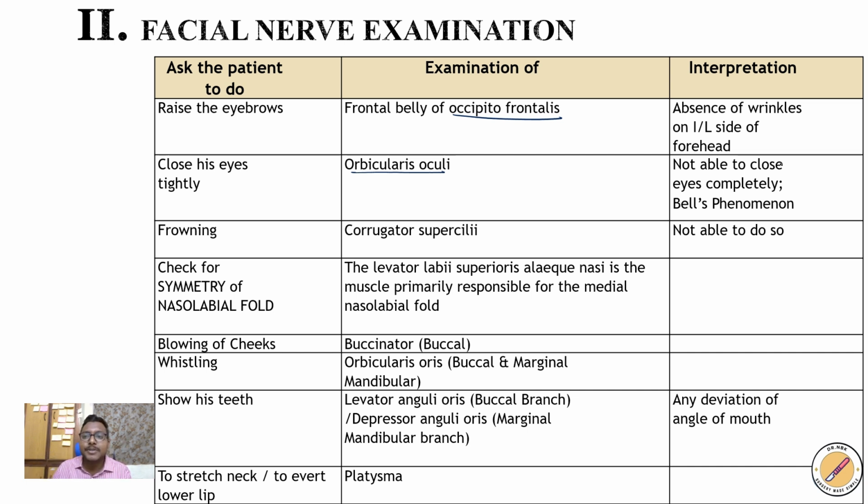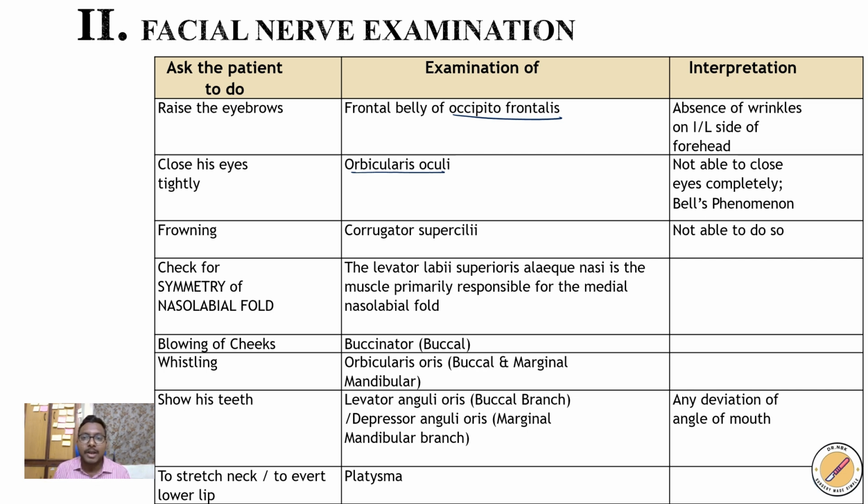And if there is any absence of such wrinkles here, it means that the frontal belly of occipitofrontalis is paralyzed. Okay, right. Next, you'll ask the patient to close the eyes. So here, which muscle is getting contracted? Orbicularis oculi. If the patient is not able to close the eyes completely,